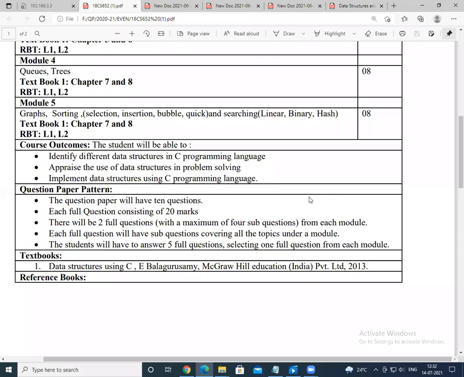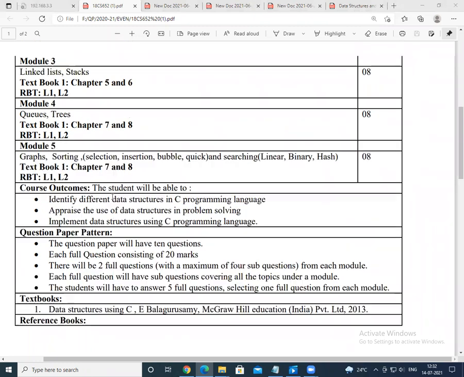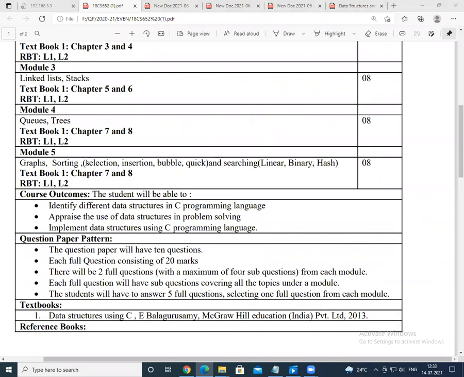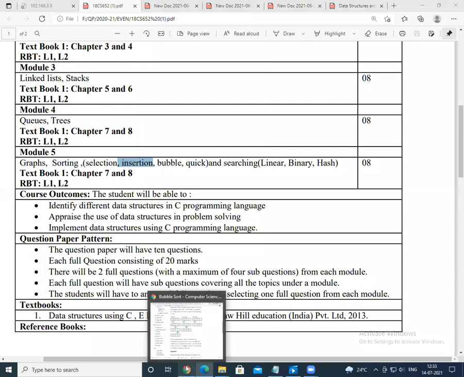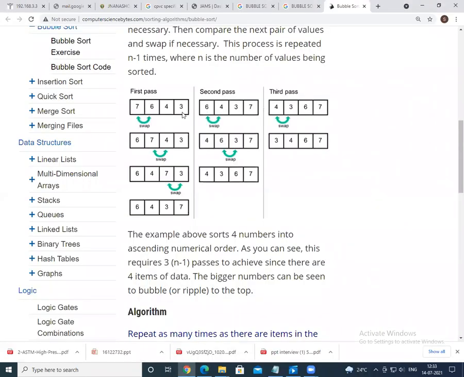Last class we studied the concept of bubble sort. Today we will see a simple concept of what is selection sort and insertion sort. Those who were not able to attend the class, or as the video has not been recorded, I might record it once again and circulate it in the group regarding bubble sort. In simple overview, it is one of the sorting techniques wherein the given elements are sorted.